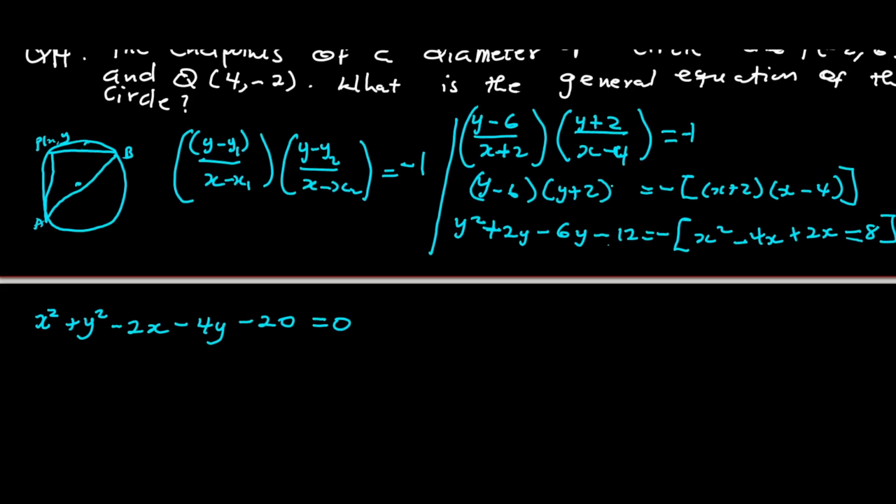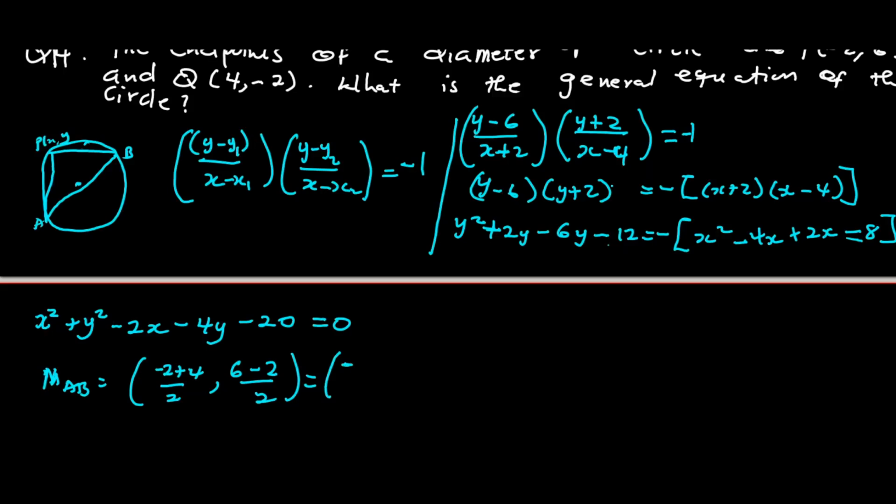So finding the center, the midpoint of the diameter AB will give us x1 plus x2 over 2, that is negative 2 plus 4 over 2, and then we'll have 6 minus 2 over 2, and that should give us